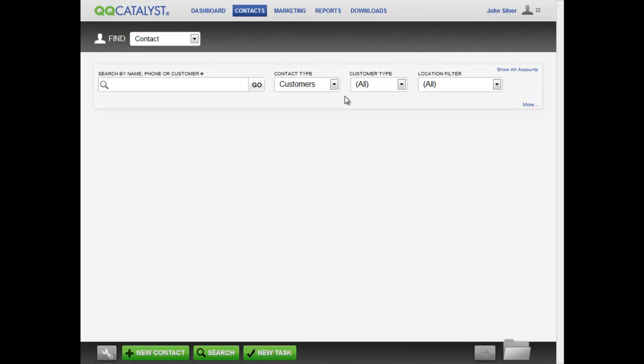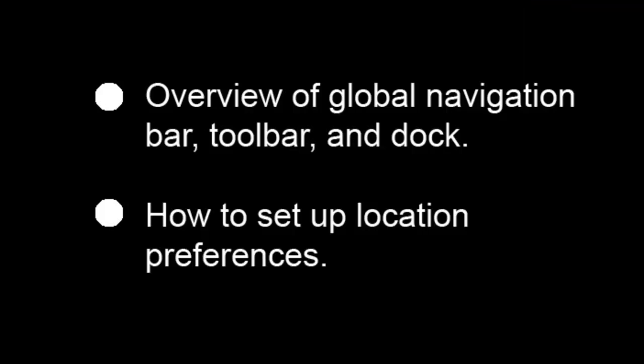It is a smart idea to add as many employees, carriers, MGAs, and other contacts as possible before you start using the system. Here is what we've covered in this video: an overview of the global navigation bar, toolbar, and the dock, how to set up location preferences